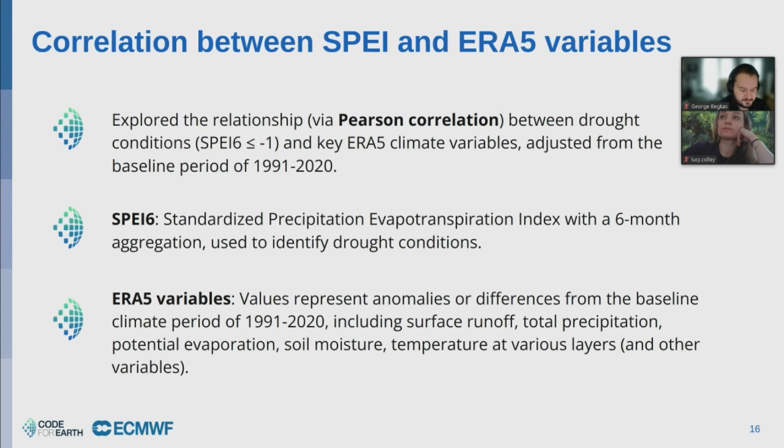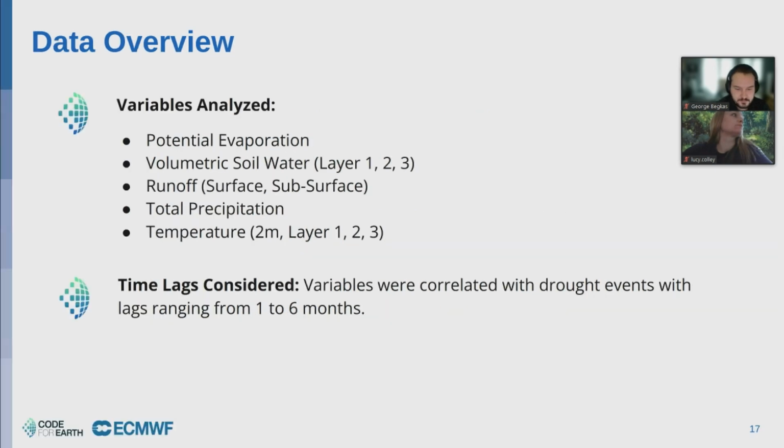So to see if there is any correlation between the two, any relationship between the two, we tried accessing ERA5 variables and running Pearson correlation to SPI values. So for the ERA5 variables, what we did was set the same baseline time period as with the SPI, which was 1991 to 2020, and based on that, get the anomalies for the ERA5 variables. Those variables we analyzed were the potential evaporation, soil moisture, runoff, total precipitation, and temperature at